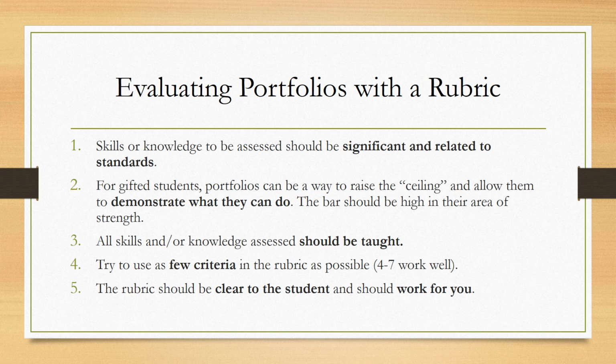Don't overload the rubric. Don't use a lot of criteria. Don't use a rubric that has 50 rows. Four to seven work well. And it should be clear to the student and it should work for you. It should be something that's clear to you. There are lots of examples of rubrics online and how they can be used